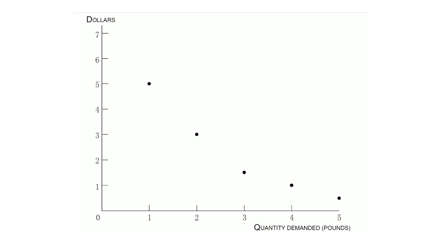Now let's ask ourselves, how much would this consumer buy of this item X depending on the price? So let's put the price on the vertical axis in dollars and ask, what if the price is $6? How much would be consumed? What if the price is $7? What if the price is $3? So on the axis here, I put prices between $7 and $5, and I put it right on the